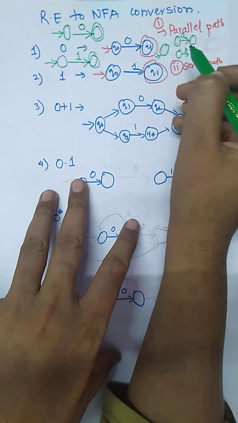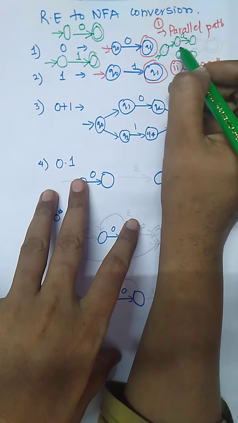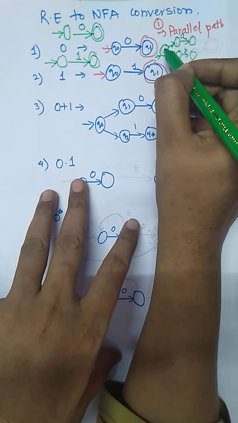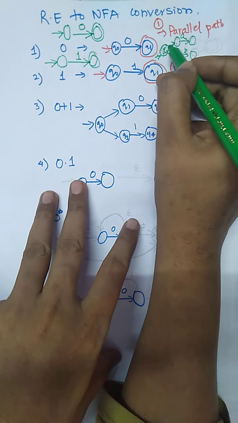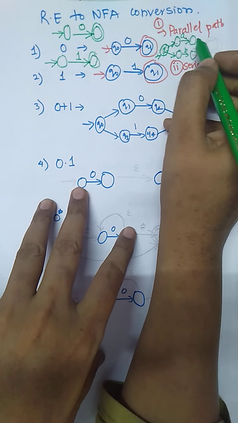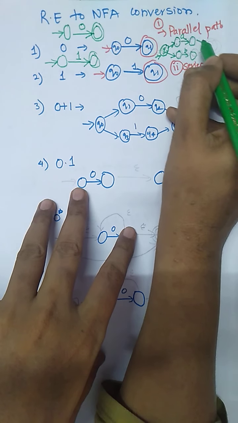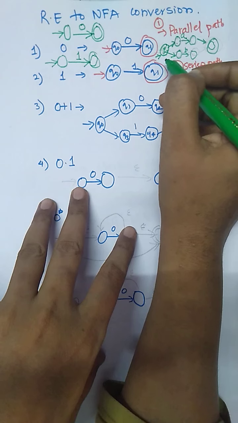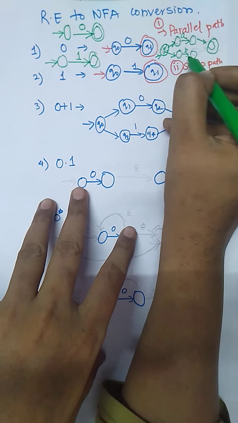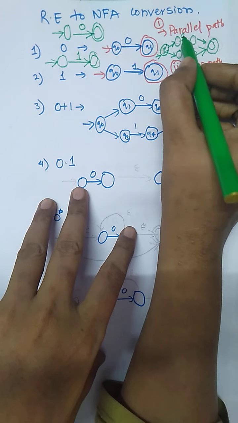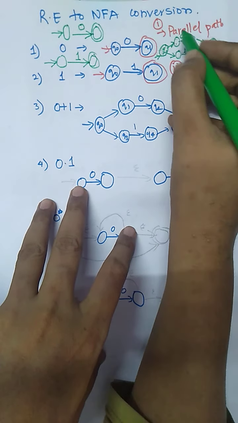So this is my common initial state. Now we have to connect this initial state with the initial state of A. This is your initial state Q0 for A. Now for B also this has to be the initial state. So Q0 is the initial state for A and also for B. But where are they reaching? Suppose A is reaching its final state. What about B? If I am selecting this part, it also has to reach the final state. So that's why either A or B will have the common initial state and the common final state. This is a parallel path.